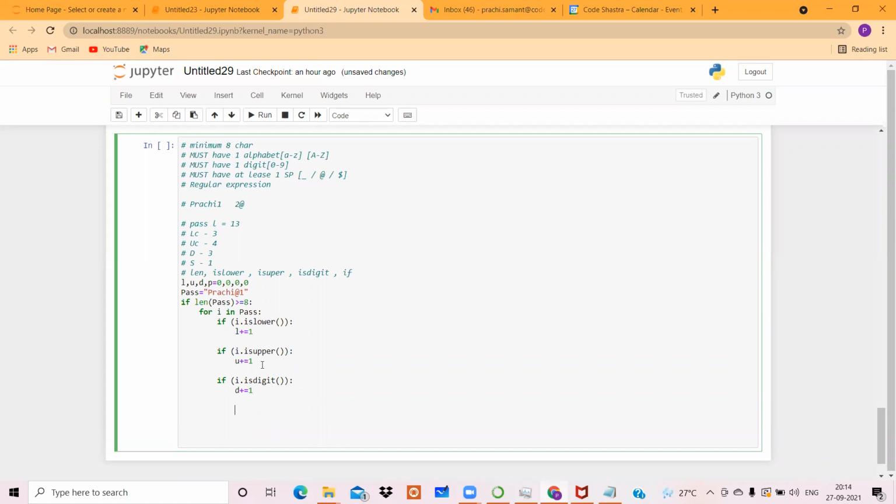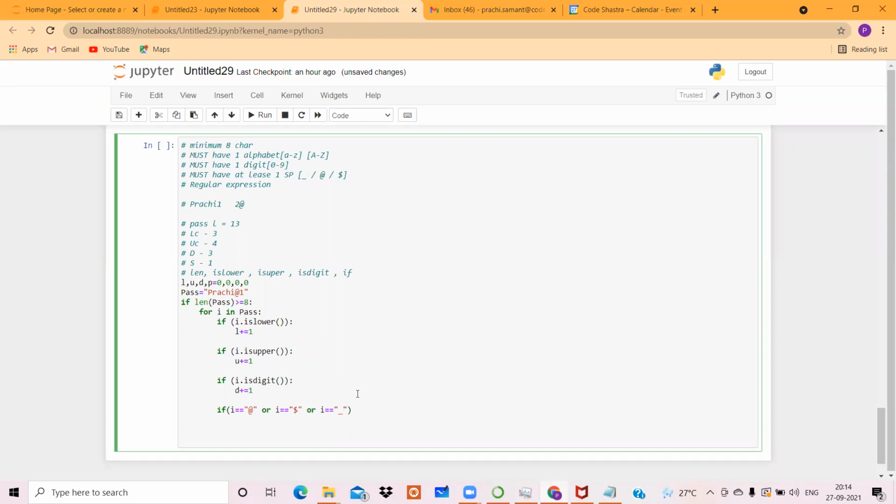Last में, if it is not a lowercase, if it is not an uppercase, if it is not a digit, then we have to check the last thing which is allowed to be there in a password. That means we'll check if the value of i is equal to @ it is allowed, or we can allow the value of i to be dollar symbol, or we can allow the value of i to be underscore.